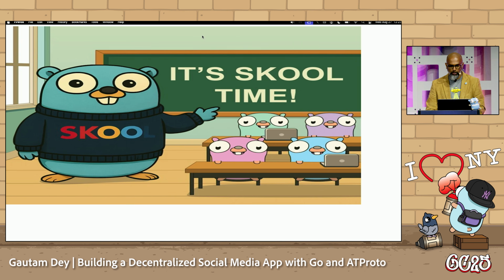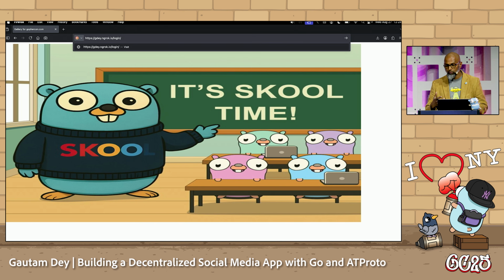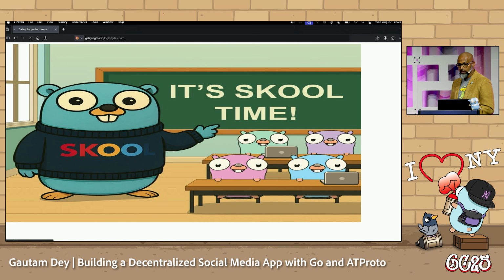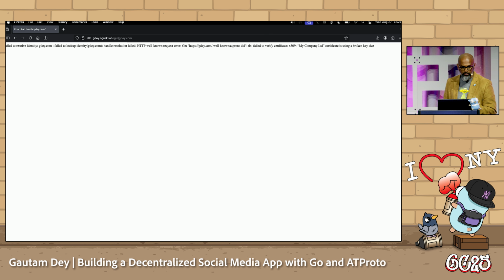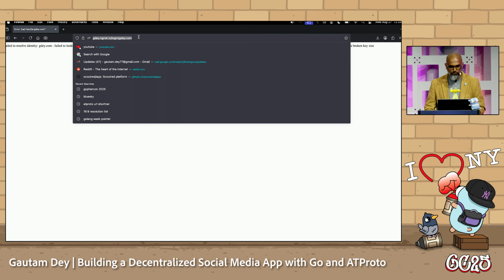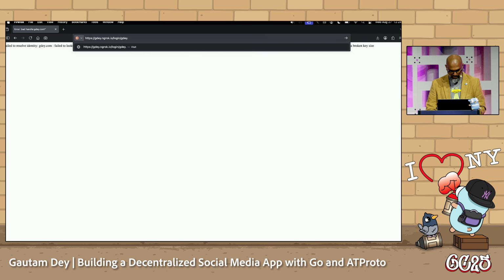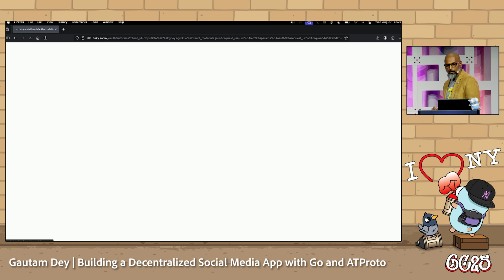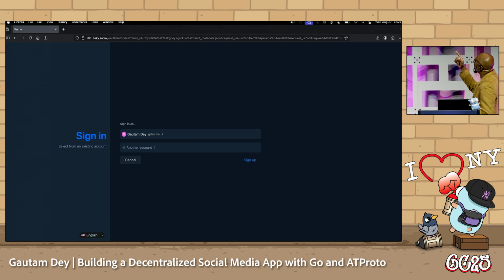So let's log in a bit here. Normally this would be a POST, but I'm being lazy, so I'm just using everything as a GET request. Here I'm going to try to log in, and it helps if I actually spell my handle right. So this is the OAuth process.